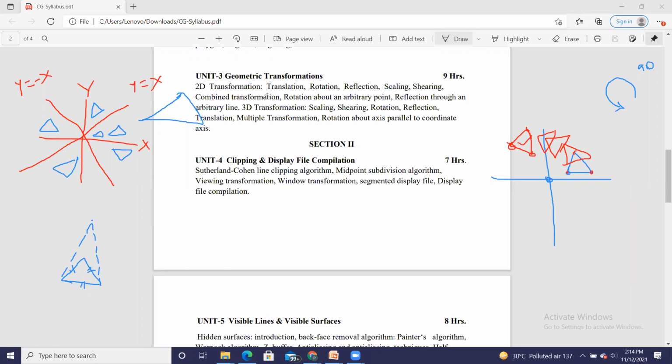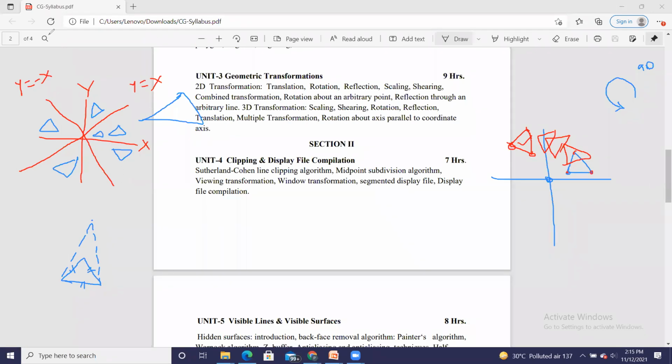Similarly, I am going to see the combined transformation and multiple transformation. Combined means more than one. Multiple also means more than one. So when more than one transformation is applied on the object, it is your combined transformation.